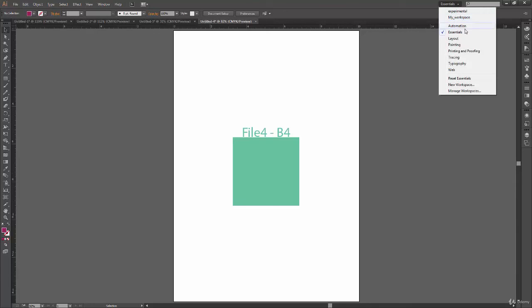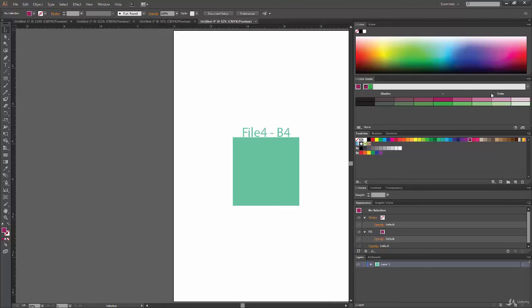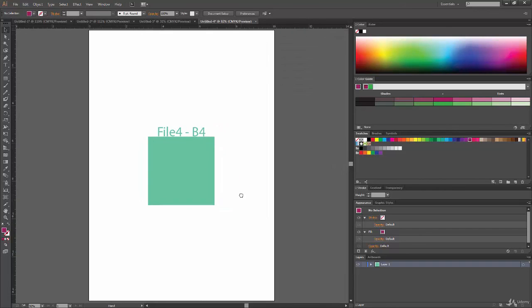So let's switch back to Essential itself, and let's say I'm working on some project for 6 months or so, and it's a color theory project or something, and I want my workspace or panel arrangement to be like this. I want some big window for my color palette, and I don't want much space for my artboard. So this much is fine for me because this color palette will be very beneficial for me to select colors.